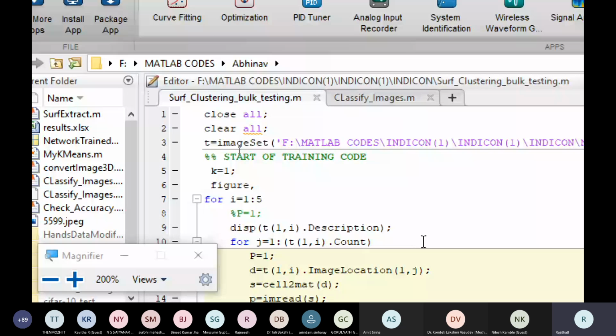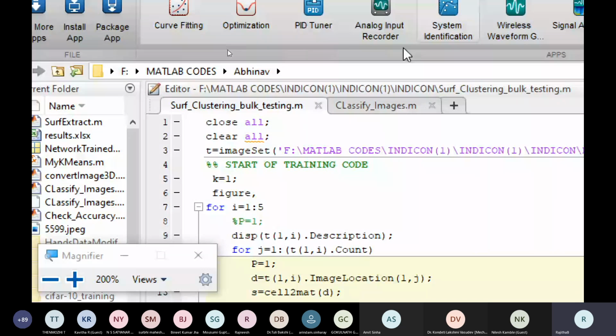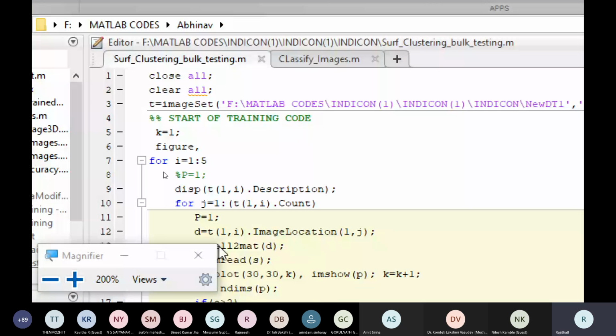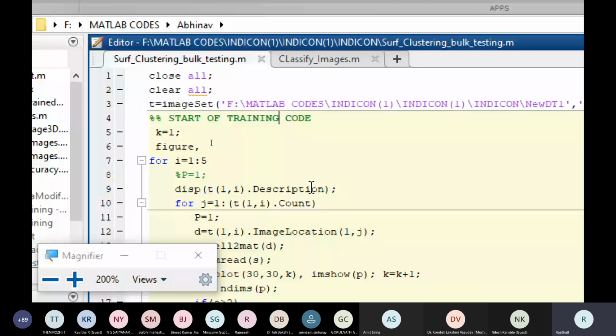So this is your MATLAB tool. I'm working and I'm having a MATLAB M file. All your MATLAB classes will have a .m extension, which stands for M file. Now in this M file, you can have two types of coding. One is your normal class file and one is your function. A function, as you know, needs input parameters and output parameters. So you can use both things in this.